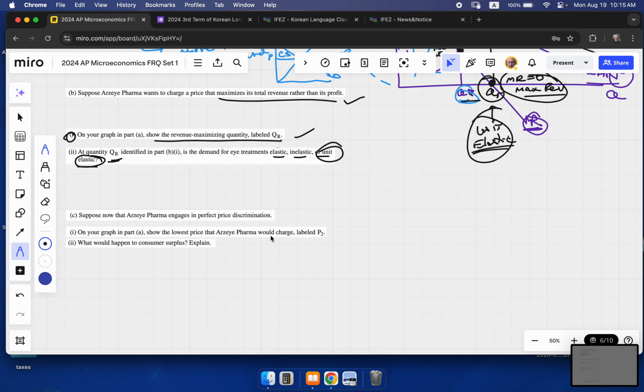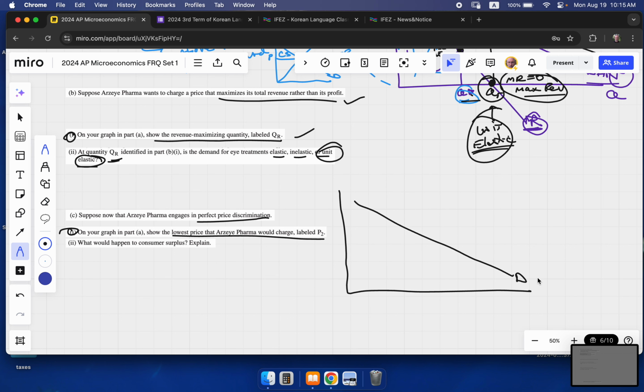Suppose now that RSI Pharma engages in perfect price discrimination. On your graph, show the lowest price that RSI Pharma would charge. I'm going to draw a separate graph here. We'll go up and show you where it is, but I think you already know. Remember DARP here. Now, with our usual graph, we would have marginal revenue below demand. But perfectly price discriminating firms charge everybody the highest price anybody is willing to pay. Because of that,